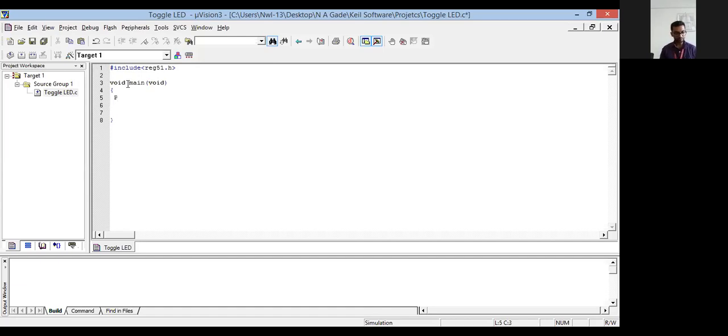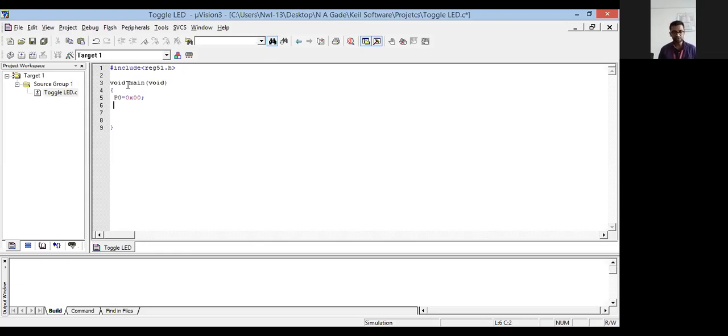So we'll continuously toggle, say suppose port 0. So port 0 is equal to, we are toggling, means we are making it as output. So 0x00. Okay. There is no need of, what we say, delay. We want delay.